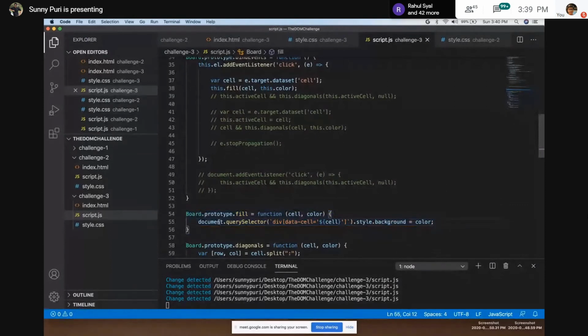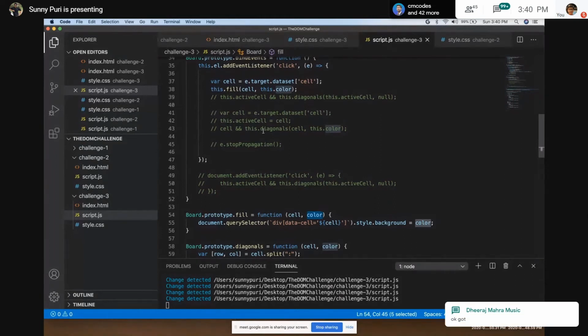What Dheeraj is saying is we have this dot color, so you can use this dot color as well. Yes, we can use this dot color as well. But there is one more approach. Why am I not using this dot color? I'll tell you. When we do the clear part, the reset part, there I'm passing none. Don't worry, I'll come to that point as well, Dheeraj. This query is going to be resolved. So this is clear.